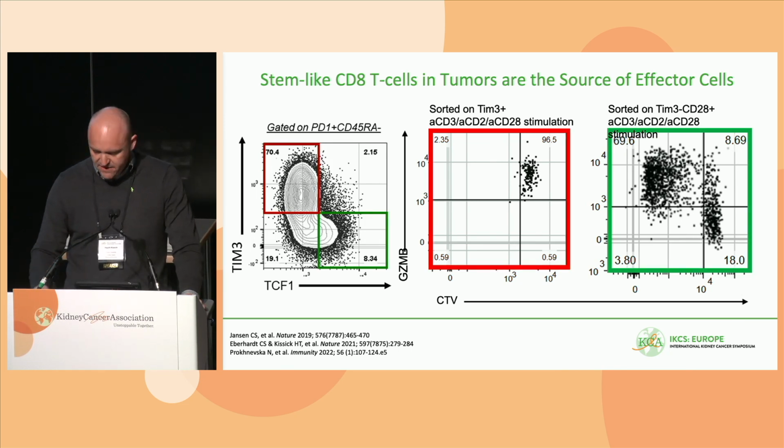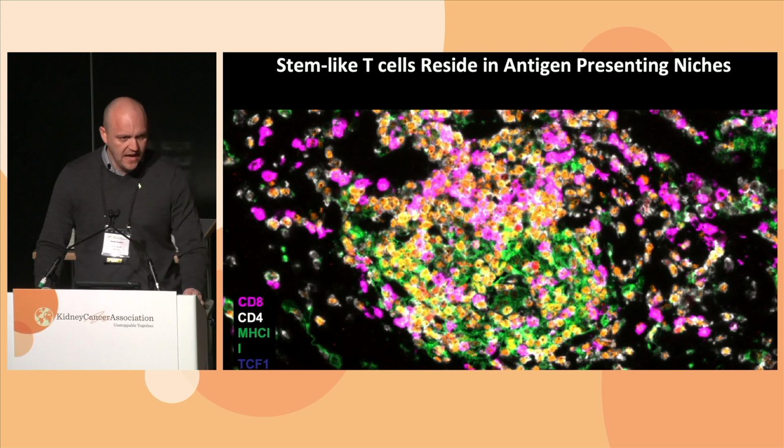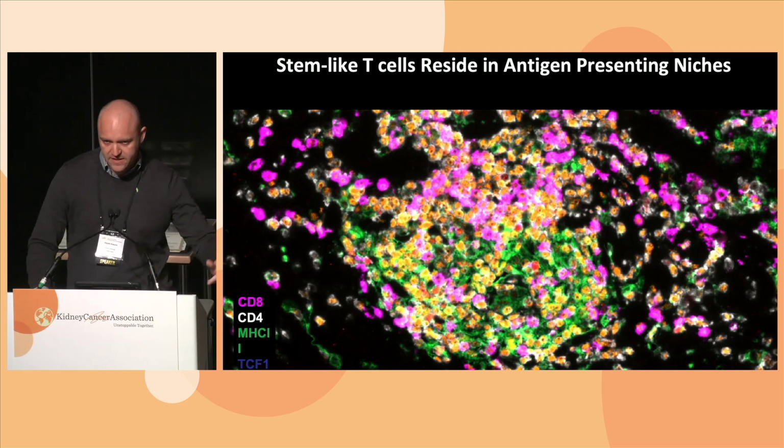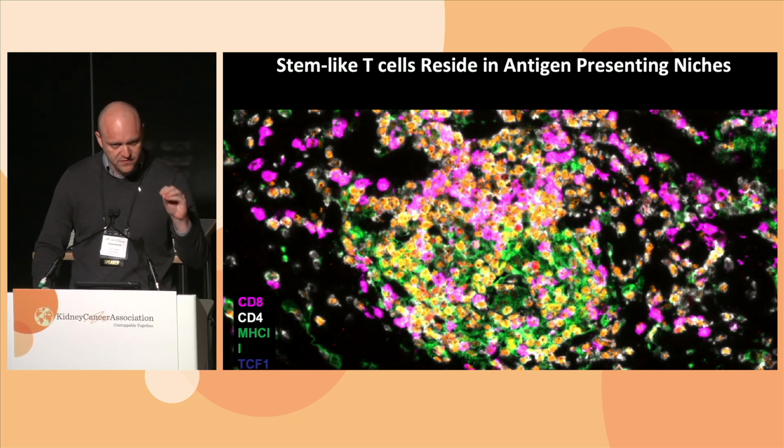And so it's important to have these cells in your tumour. They don't just randomly float around in the tumour. They reside in a very defined location, which we call an antigen-presenting niche. It's a little bit like the TLSs you just heard about, but different in its own way.